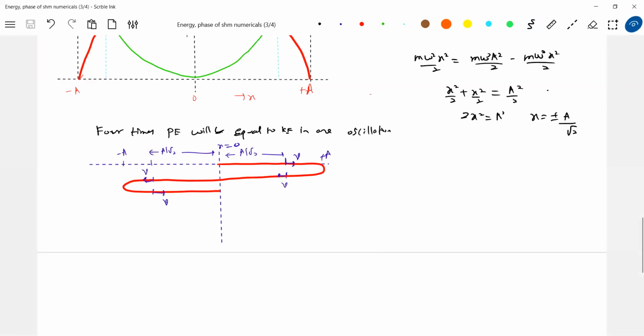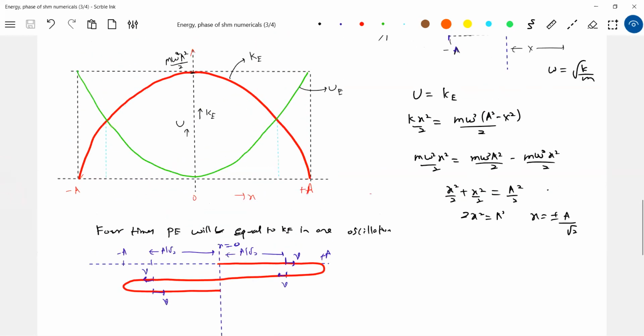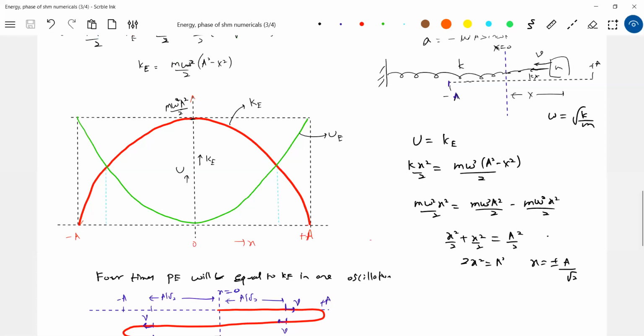So don't say, what is the time taken to turn? Actually, it will retrace its path. This will be much easier for you. You can see this one. Okay, 1, 2, 3, 4. 4 times the kinetic energy will become equal to potential energy. Okay, I agree with this one. So this is about the initial theoretical part. What is SHM? In SHM, what happens? How do things vary? Potential energy, kinetic energy, all this are one thing.